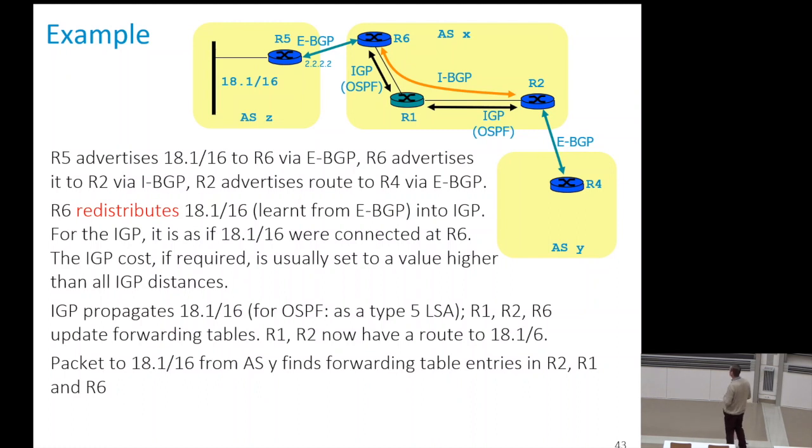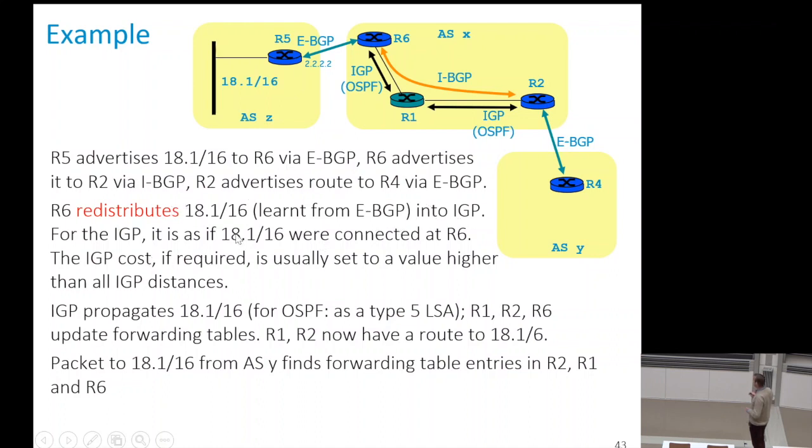Let us see an example of redistribution, which is the clean normal thing that you should do normally. Here, R5 speaks to R6 by BGP. They are external peers, so we call that eBGP, and it makes R6 aware that there is a route 18.1, and the next hop is 2222, this IP address here, which remember is an IP address that is considered by X as being internal, so it is in the OSPF of this domain. Now, if we do redistribution, R6 will redistribute this route into